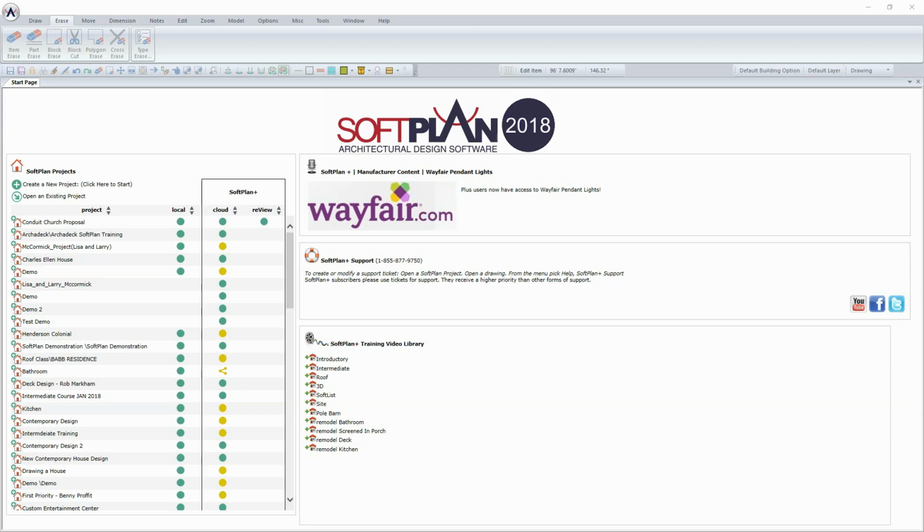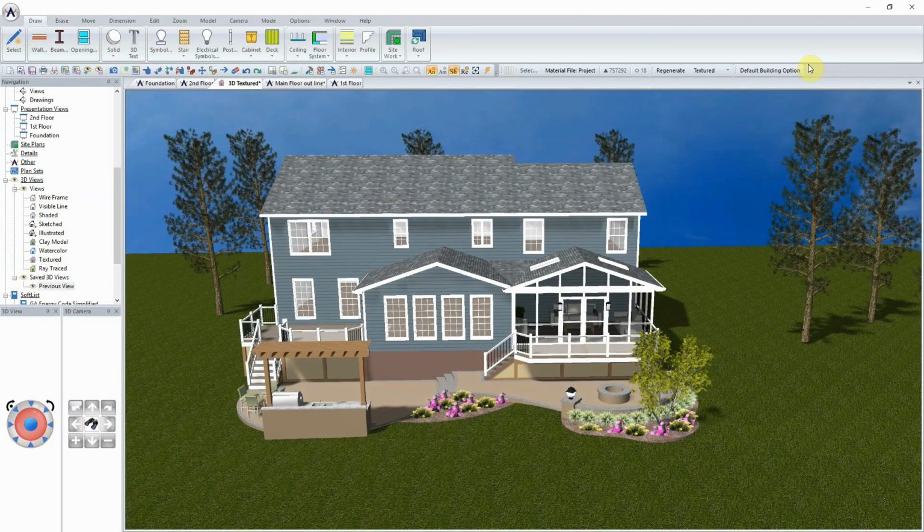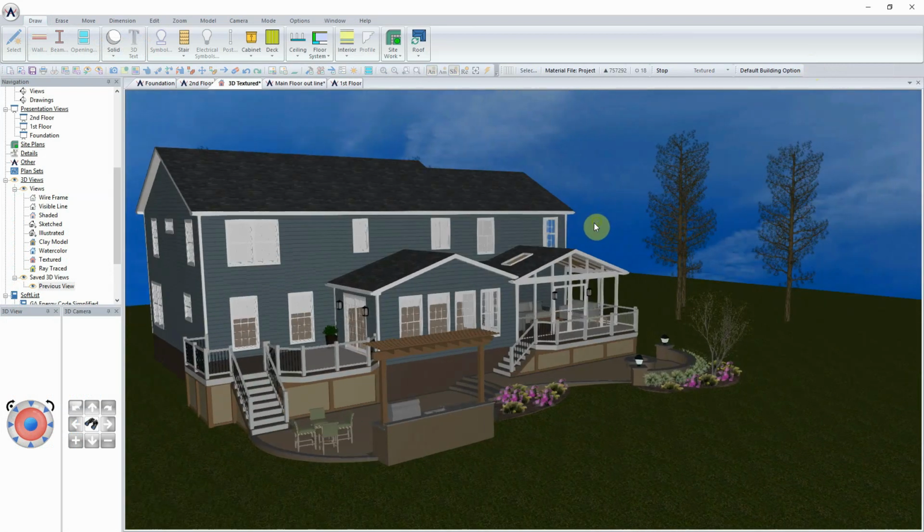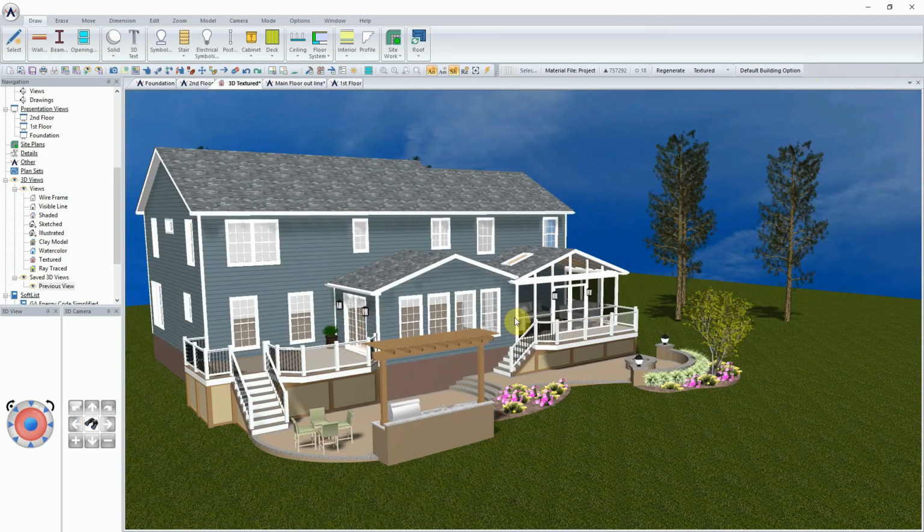Welcome to the first module in what is going to be a series over the course of the next number of weeks on outdoor living space, how to accomplish drawing that within SoftPlan using the various tools that are available to you. At this stage, what we are looking to do is create a project very much like this,